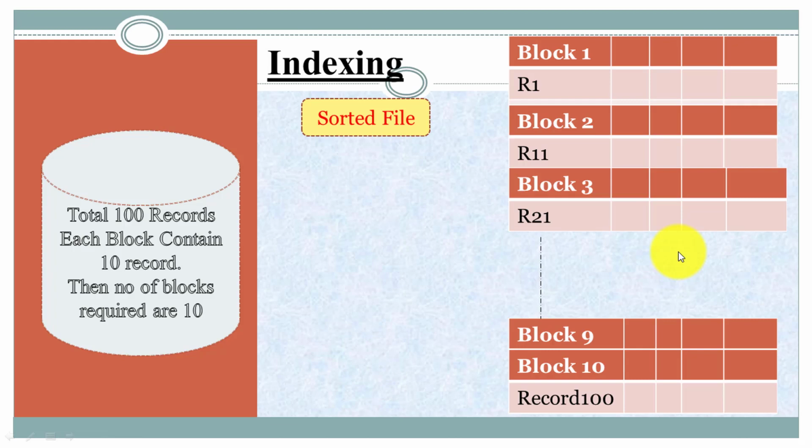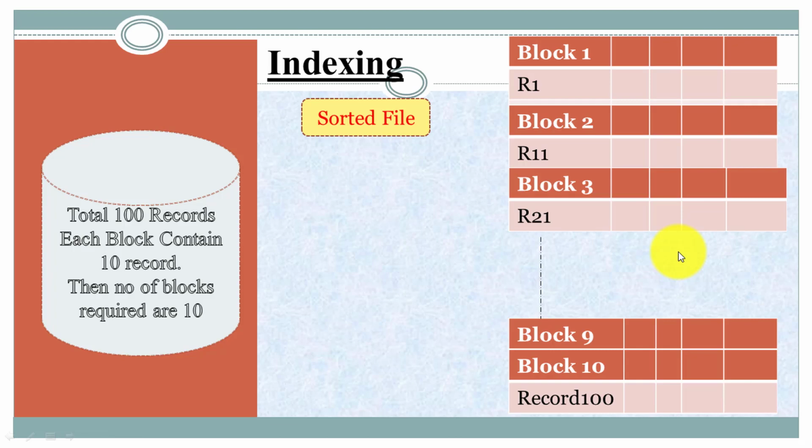So the most difficult task is finding the block, not the record, because we can find the record very easily once the system has the block. Records are limited inside a block, but there is a large number of blocks present in the system. As we consider this file sorted, we can apply binary search in terms of blocks, not records, because we have to find the block first, not the record.